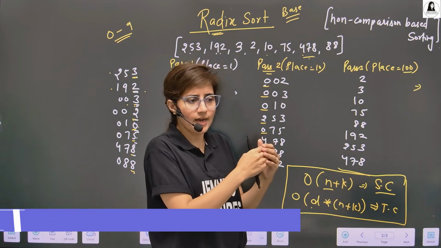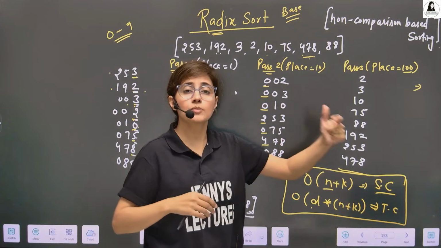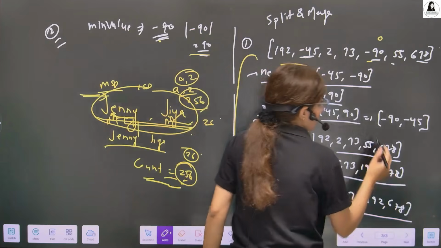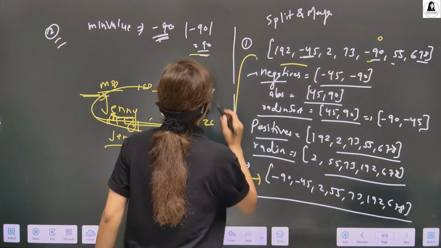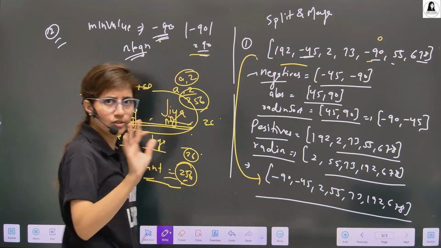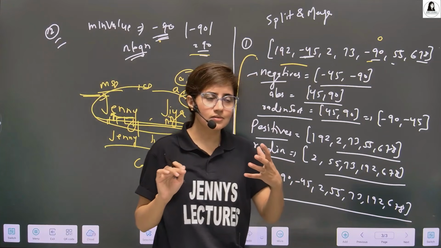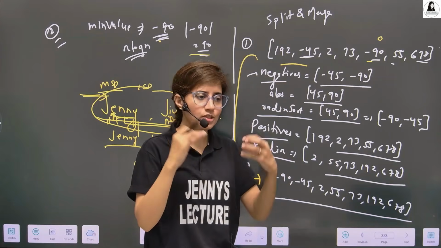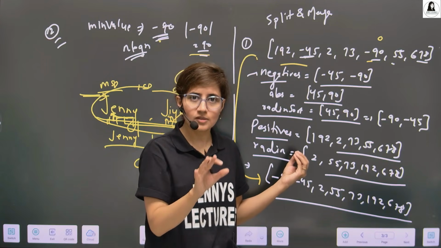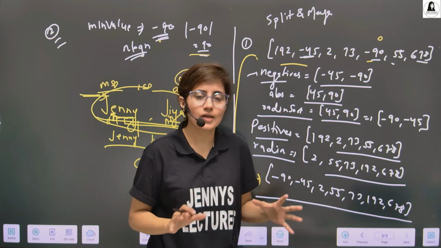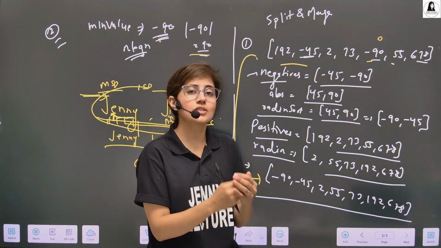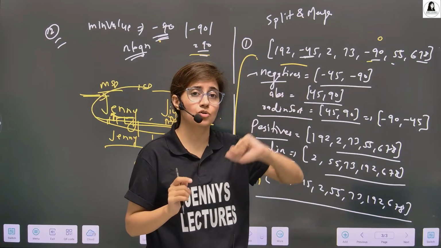You can't think that radix sort is a replacement for other sorting algorithms, because other sorting algorithms take n log n time at best, like quick sort and merge sort, while this takes linear time. No, it's not a replacement. It's just a special tool. When you have a special condition, like sorting of phone numbers, where you have uniformly structured data, in that case apply radix sort. It's a special tool, not a replacement for other sorting algorithms.